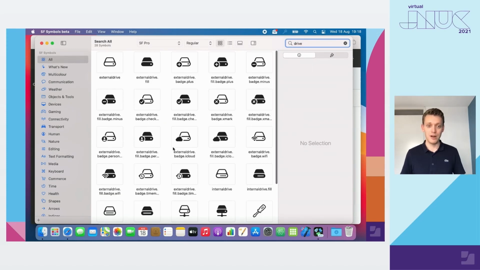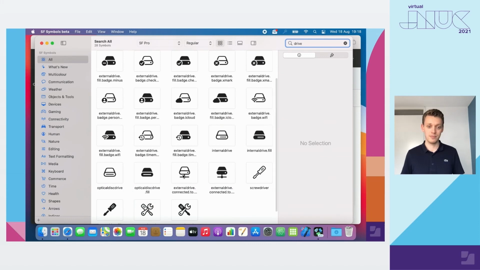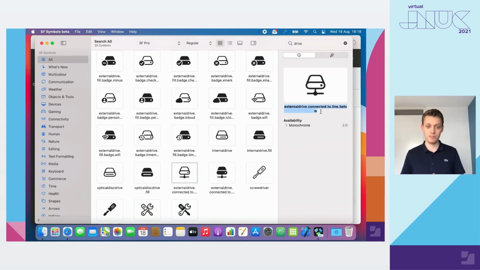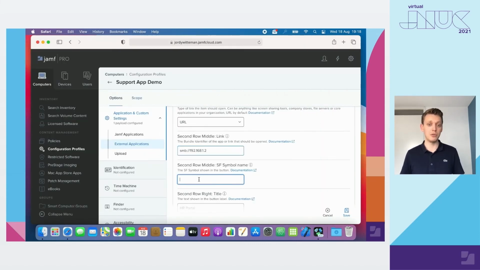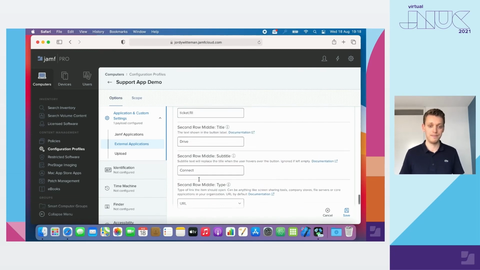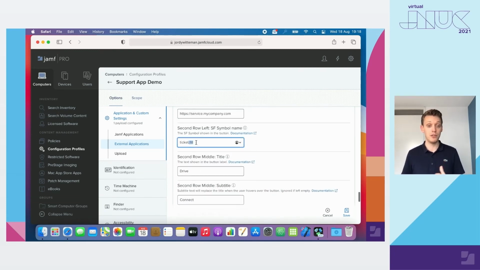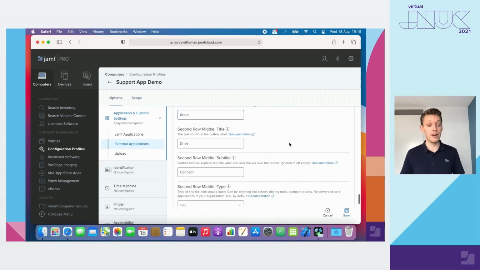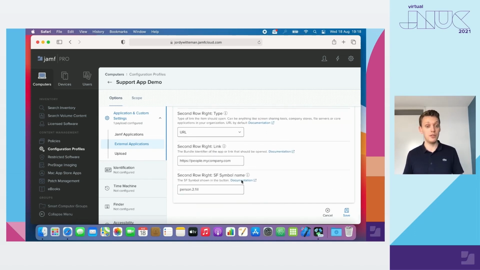I'm going to look for a Drive icon. Let's choose the outlined version of the Drive. And also modify the other icons to an outlined version instead of the filled version for consistency, like mentioned before.